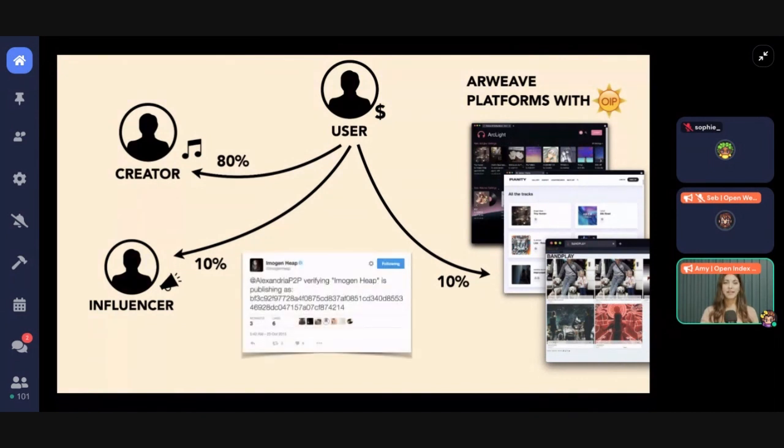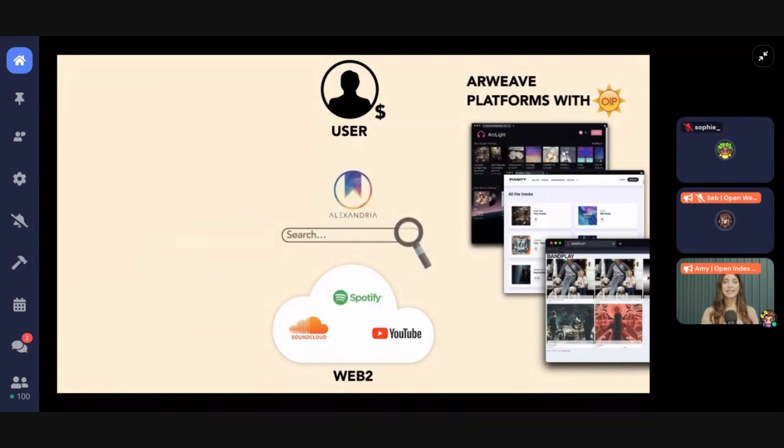And users can be confident that their payment is going to the right person and that the content they receive is authentic because the spec has a verification option. Think of it like a decentralized blue check mark. It works with Web 2 or Web 3. And again, thanks to indexing and normalization, developers get composability of verification systems as well. And we'll use this unified index to release Alexandria, the first search engine for Arweave and the surface web. It's how users can find which platforms have the content they're looking for. And users can know that they're seeing all content in the weave, not just content from a single siloed application.